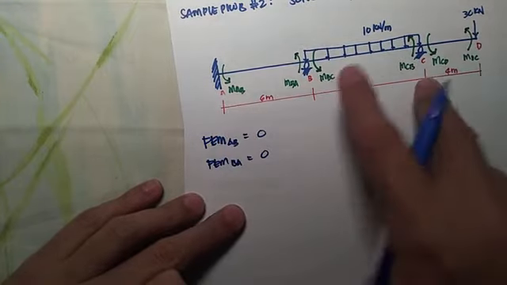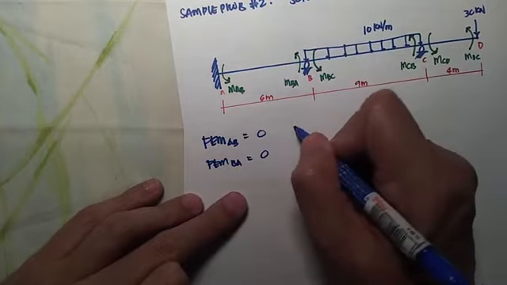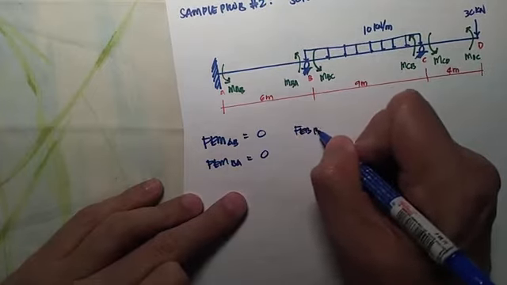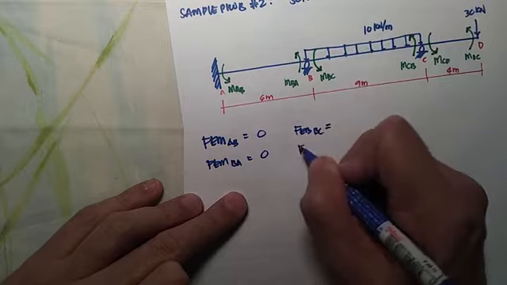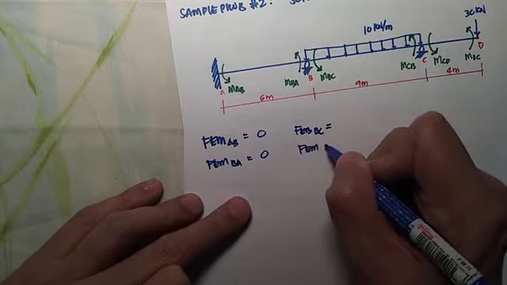Now, how about for BC? For the fixed end moment on BC and the fixed end moment on CB,